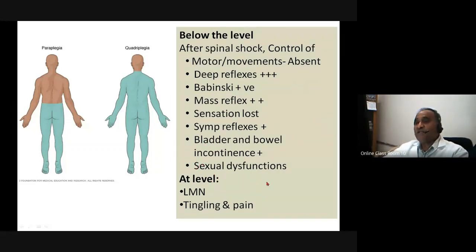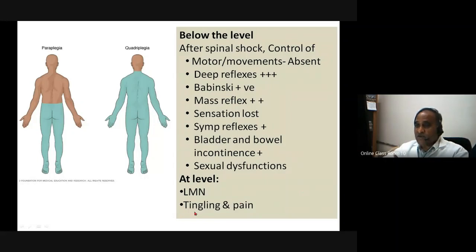There will be abnormalities in the sexual dysfunctions. There will be two counts. One, the parasympathetic component coming from the sacral area that is responsible for erection of the penis is absent. Then the sympathetic component that supplies the vas deferens is not there, so the ejaculation reflex is not happening. Thus, there is a severe dysfunction of sexual function. Both erection and ejaculation are not happening. This is what happens below the level of the lesions.